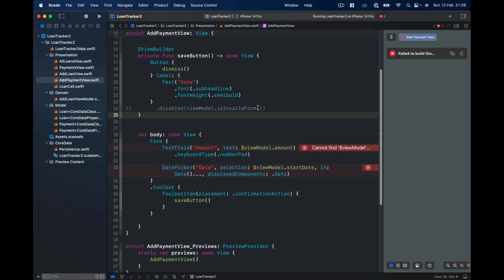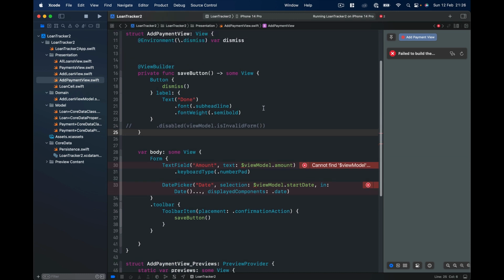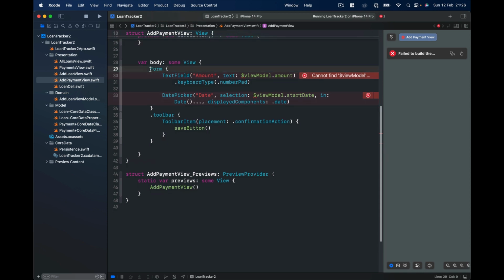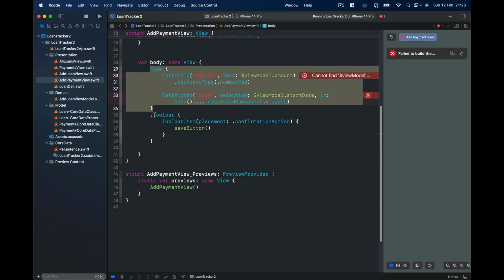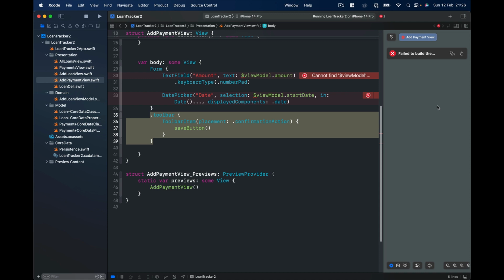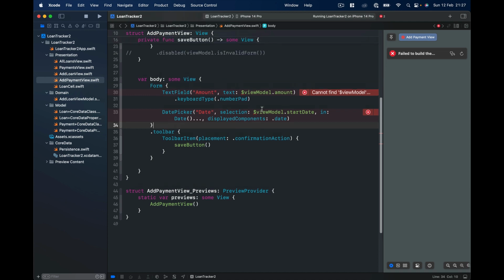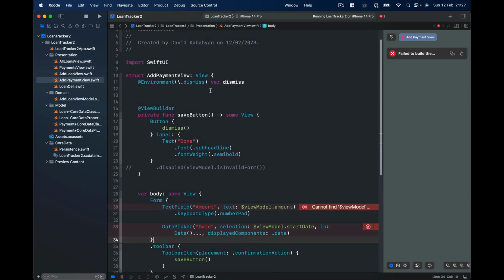All right. Anyway, I'm not going to run. We are going to do the view model, but for now, just to make things clear, let's quickly look at what we have. We have a form with a text field and a date picker, and the save button for our toolbar on the right side, confirmation action, which is on the right side on our screen. So let's create a view model, and